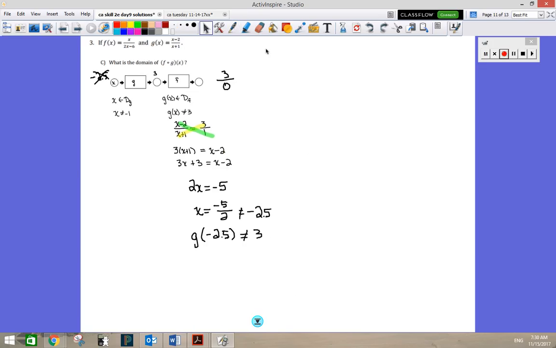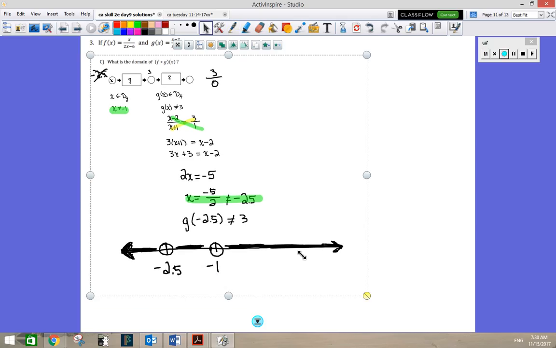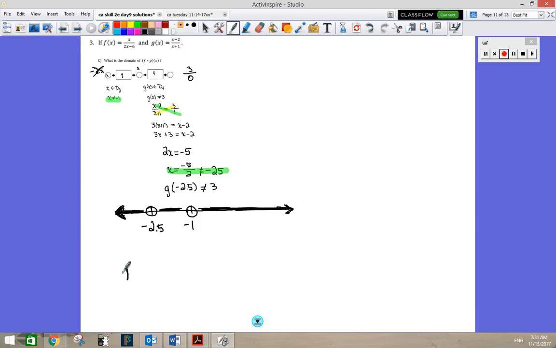We can't equal -1, and we can't equal -2.5. So if we draw a number line, here's -2.5, we're going to exclude it, and here's -1, we're going to exclude it. But the other values are okay. These are the only values that we're excluding from the domain of this composition. So the domain of f composed with g is from -infinity to negative